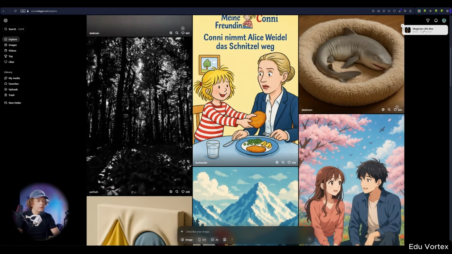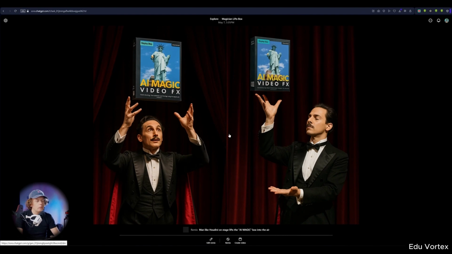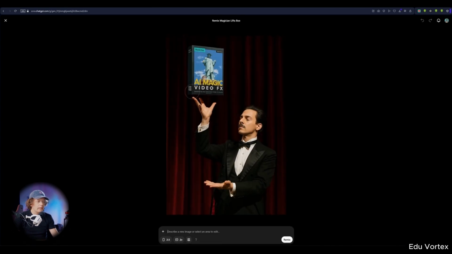Once your files are ready, you'll see 2 generated options. Pick the one where the box looks most accurate. Don't worry if it's not perfect. We'll fix it shortly. Select your chosen image, click Remix again, highlight the box, and upload the original product image